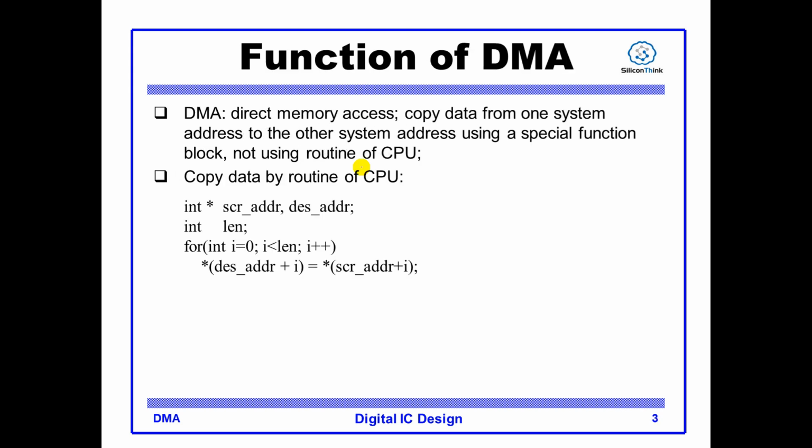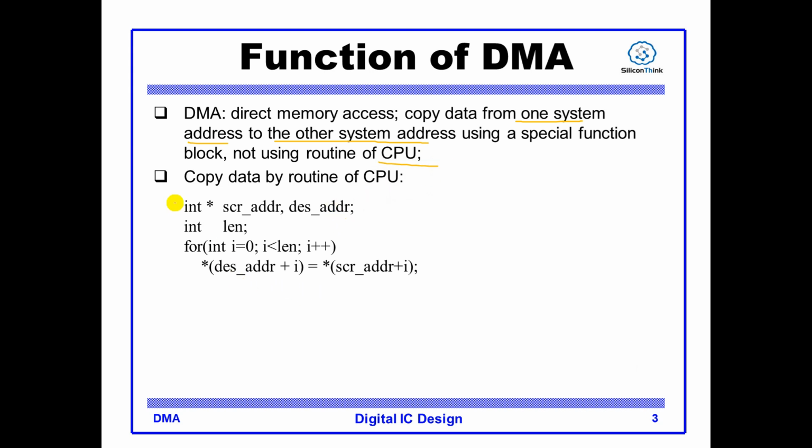So what is DMA operation? The function is it can copy data from one system address to the other system address. And the first thing you may think about is we can use the CPU core to do the same function. Yes,